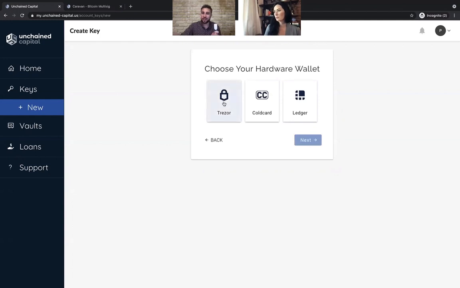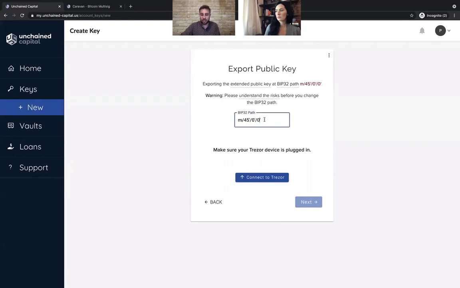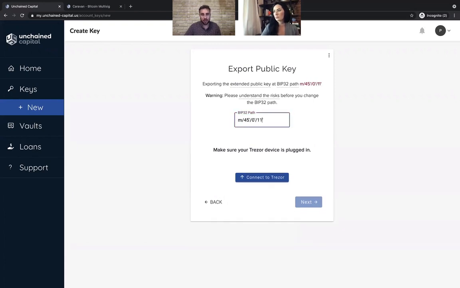So give it the same name, you select the device, and you have to make one advanced setting. By default, from our seed, we go here to find the first extended public key. But if you're in a new context, so if you're building a vault for your self-directed IRA, you actually need to use a different extended public key. So you select this little menu up here and you hit show advanced, and then you change this last 0 to a 1 for your second account, or a 2 for your third account, or